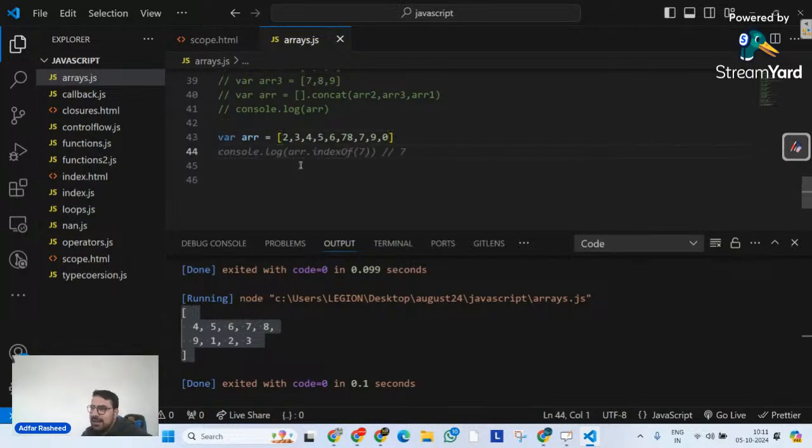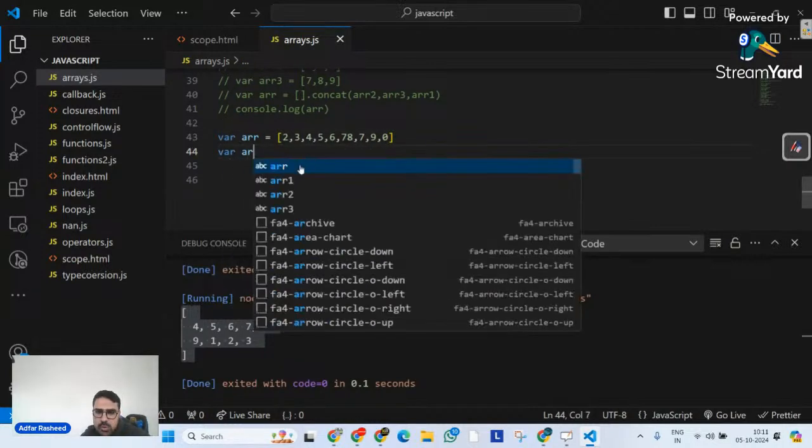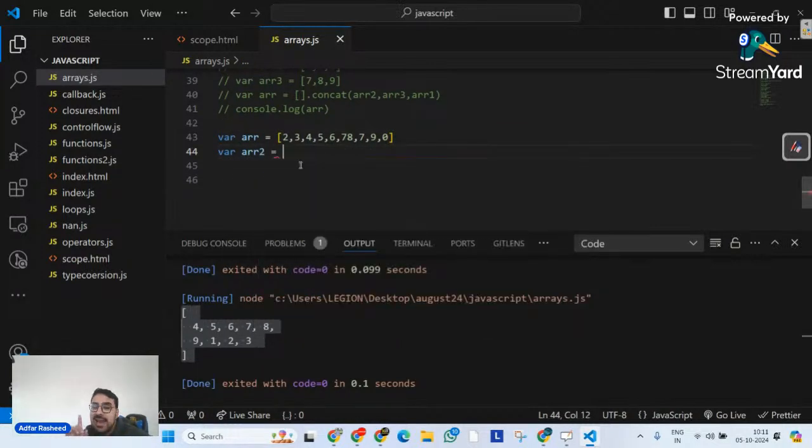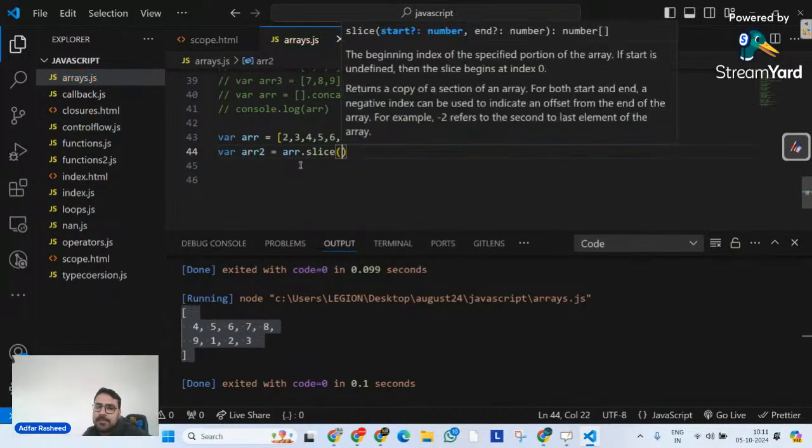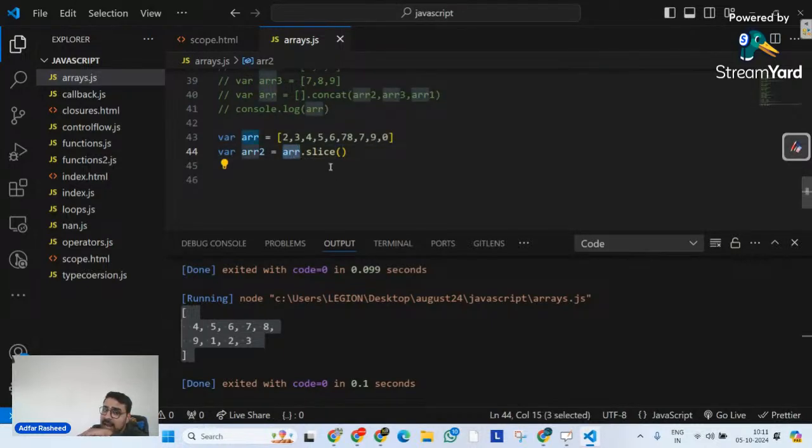In order to create a piece of it, we can use a method called the slice method. So I will simply write arr.slice. When we say arr.slice, what does it actually mean? It means that from my original array ARR, I want to create a slice of it.